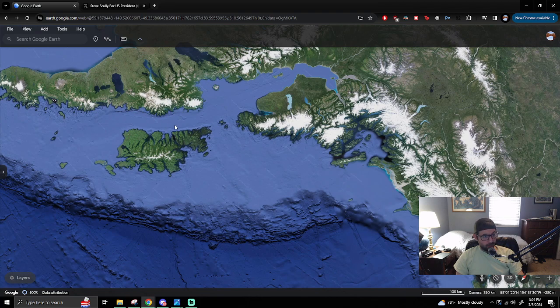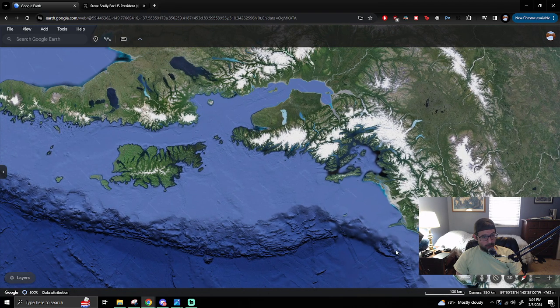It looks like this flows across here, so maybe there's some erosion there, but like this goes up